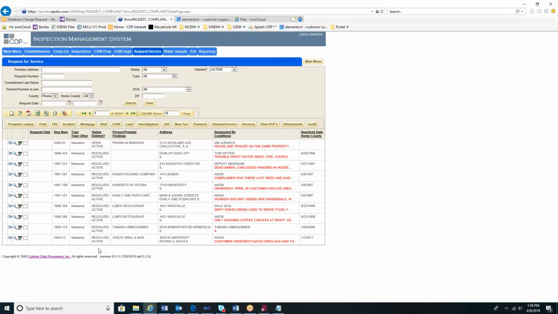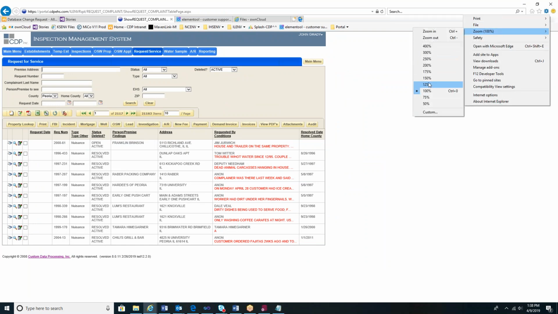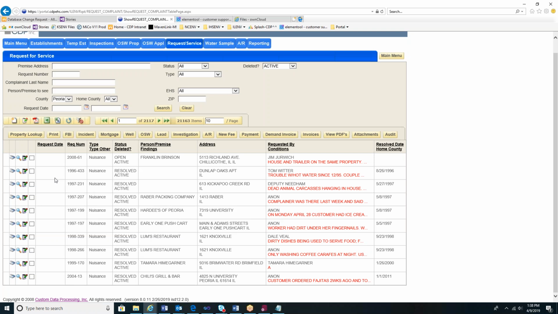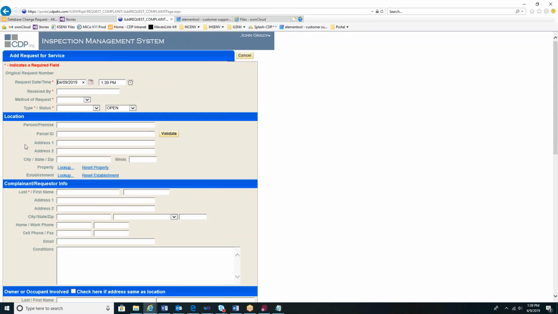Okay, so here, let me zoom that a little bit. Is that big enough for you guys to see it? Yes. Okay, so if you go to add a service request, let's see here. So type, there's different types here. We have one that says both septic and wells, but then there's another one that says sewage, which is septic, on-site wastewater. I'm not sure how this particular client that I'm using came up with these, but